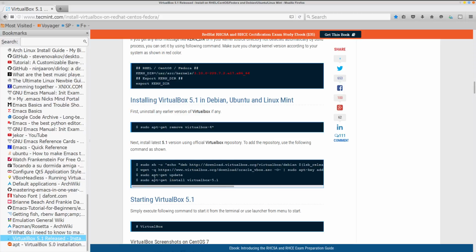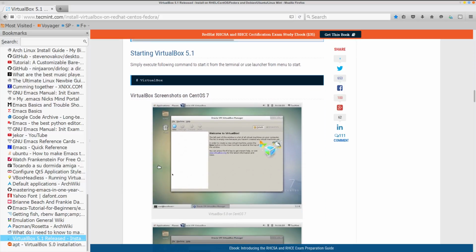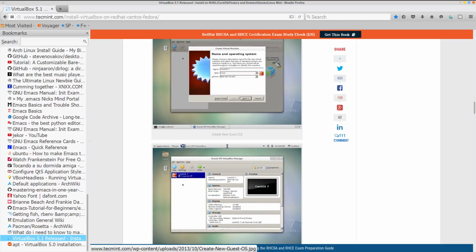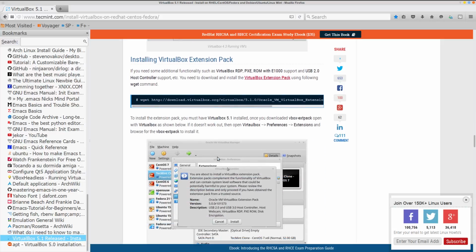And then you update this, which updates your repository, and to install it is sudo apt-get install virtualbox-5.1, and then 5.1.2 will actually get installed onto your system if that's what you want. And then you just run Virtualbox, which you already see me run it and install a lot of